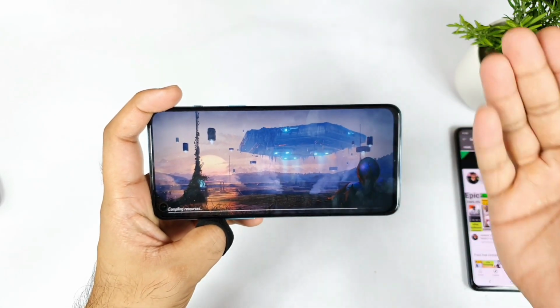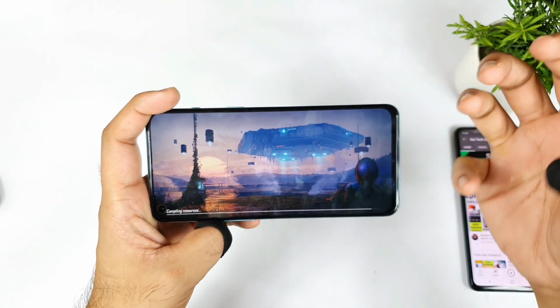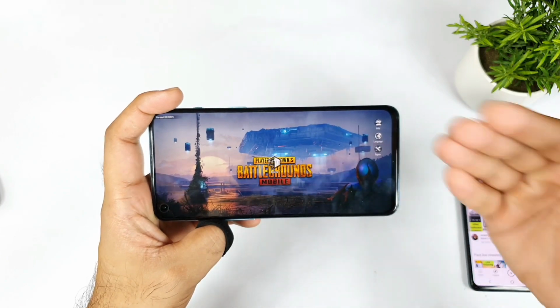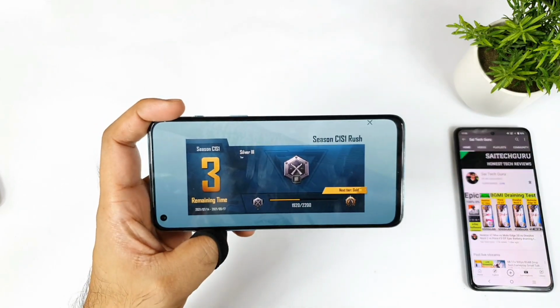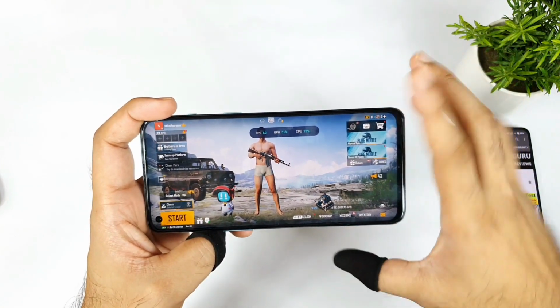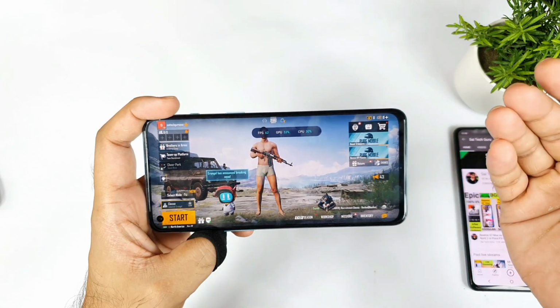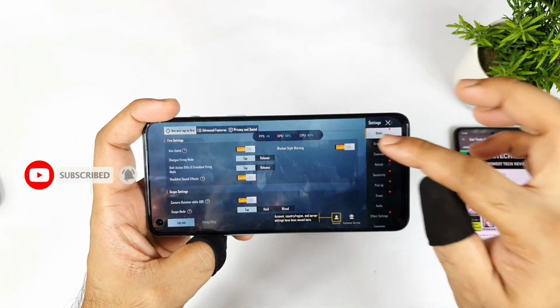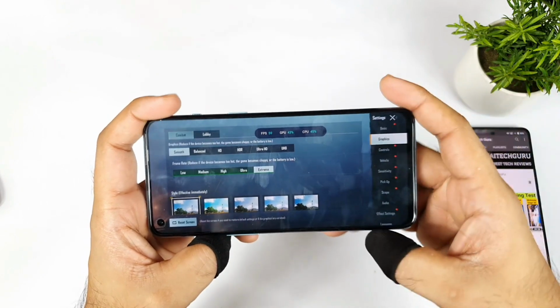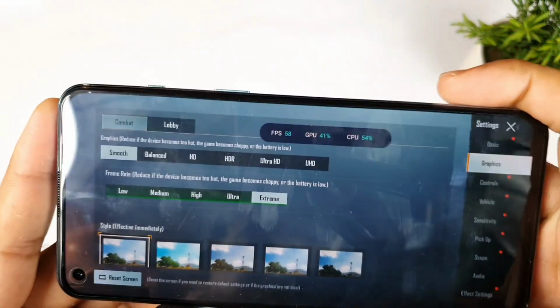And this is my first time opening this game in front of the camera, so to be frank, even I am not sure what graphic settings we will have in this 1.6 version on this Dimensity 1200. It's going to be really interesting, friends, without using any kind of config file, no GFX file of course. Let me show you exactly what settings are available in the graphics options. So I think there is no 90 FPS, I cannot get it anywhere,